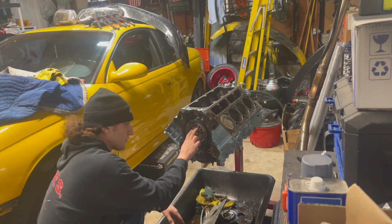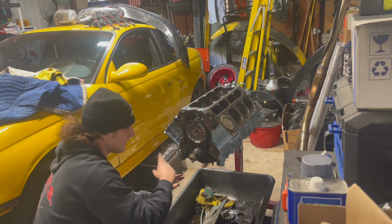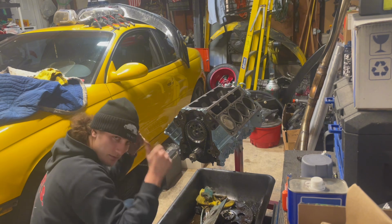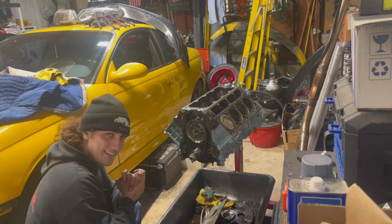But I found out the torque specs for these bolts. I believe it was like 18 or 20 foot-pounds. I also threw some Loctite on these, torqued them in there. We're all good. I did a couple rotations of the motor as well, just to make sure everything looks good. It didn't move, and we're good. So that's good. Now that we're at this point, the next step is